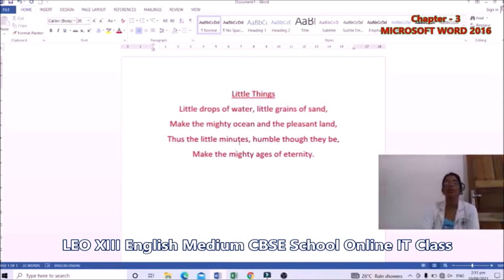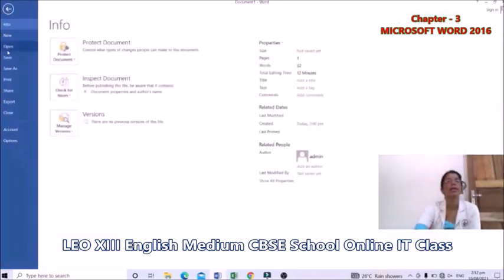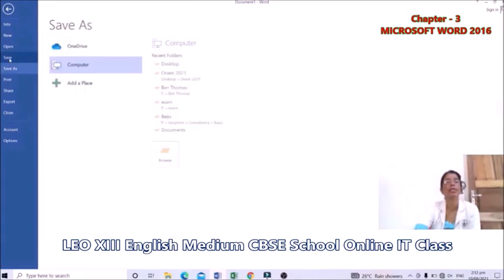Okay. After that, I am going to save this poem. How to save this poem? Click on this file tab. This is file tab. Click there and click on this save button. Select one destination.